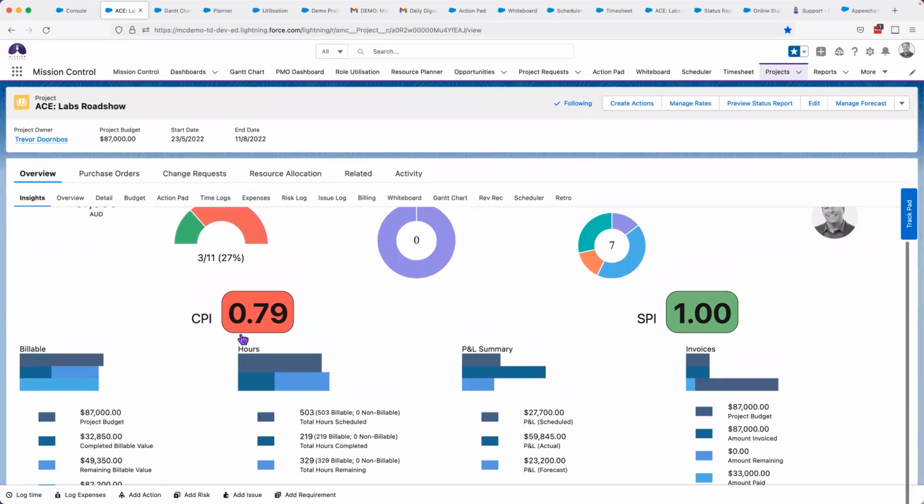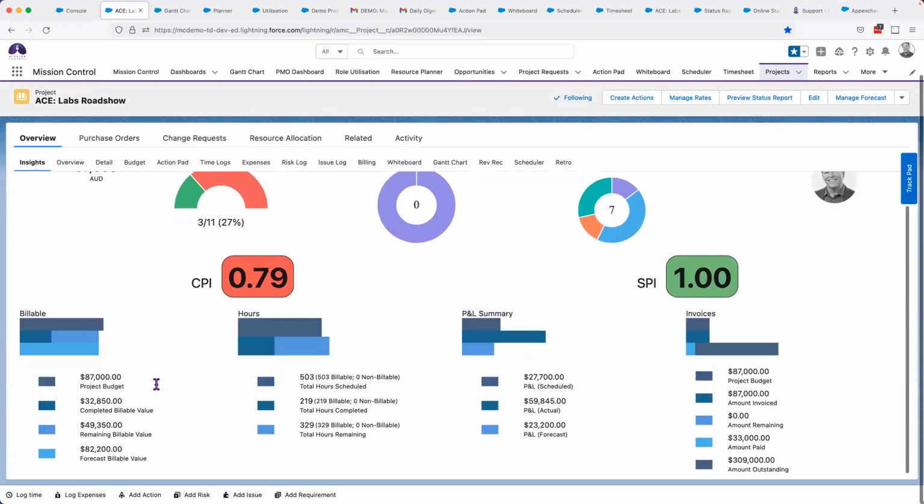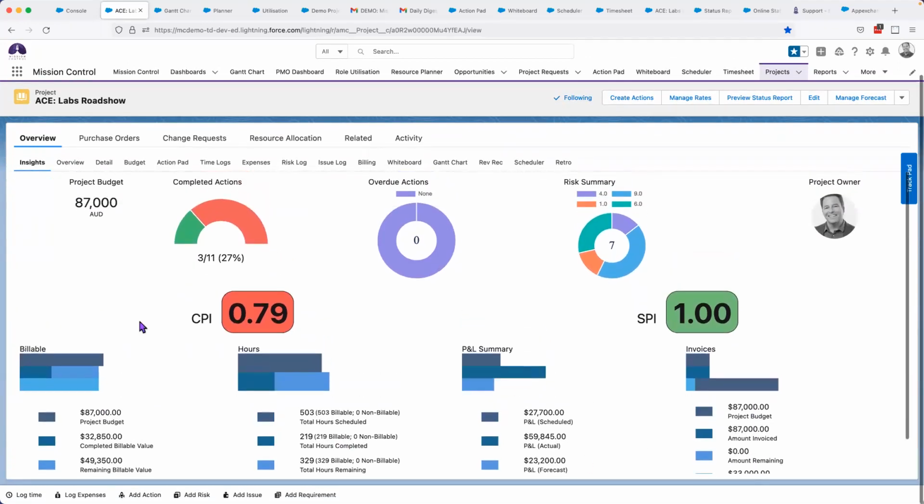see my cost performance is falling below 1, which is why it's highlighted red, but my schedule's on track, and that's why it's green. I can see here my billable dollars, how many I've got to deliver, how many I have actually delivered, my hours, my P&L, my margin, and also my invoicing, all in one place. And we're going to come back to that when we get time at the end of